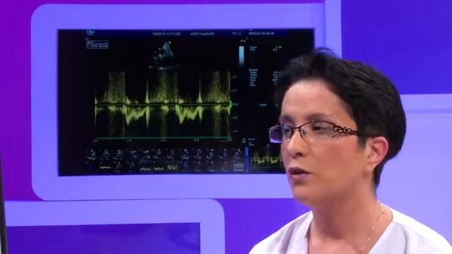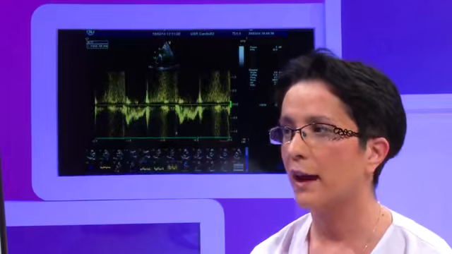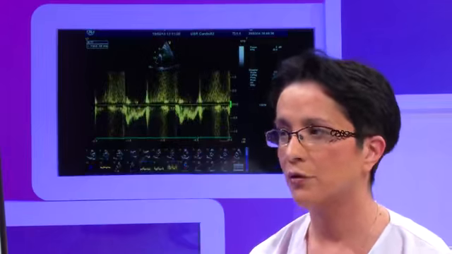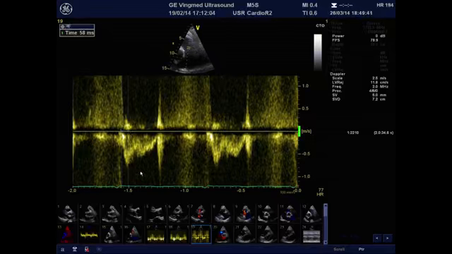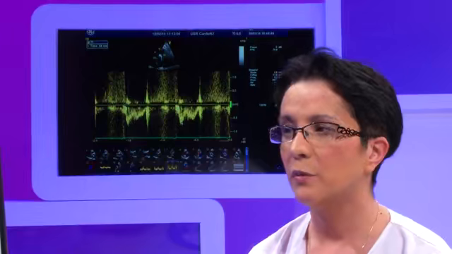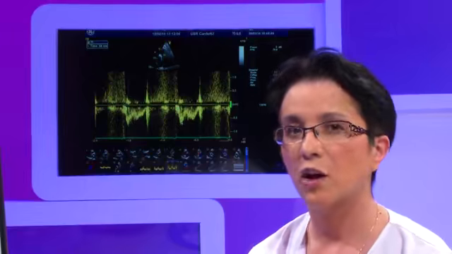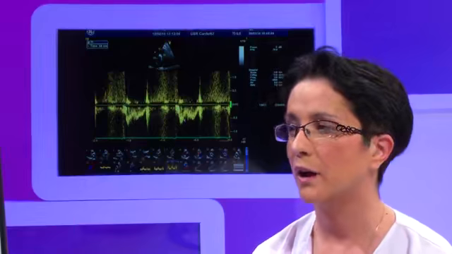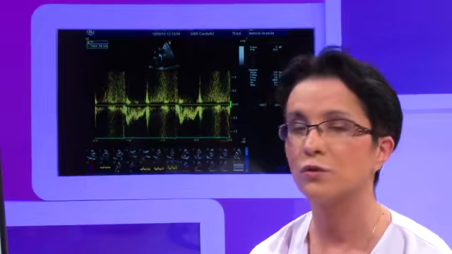Also, when we look at the profile of the RVOT anterograde flow, we can see that there is both a very short acceleration time, showing a high mean pulmonary arterial pressure, and also an incisure on the ascending limb of this profile, also being an indirect sign of high pressures in the arterial vasculature of the